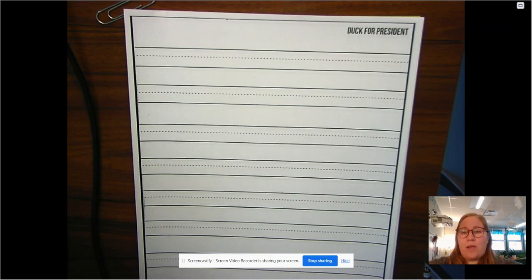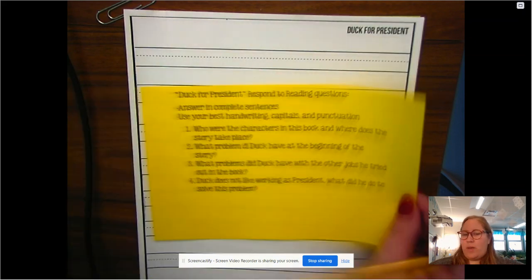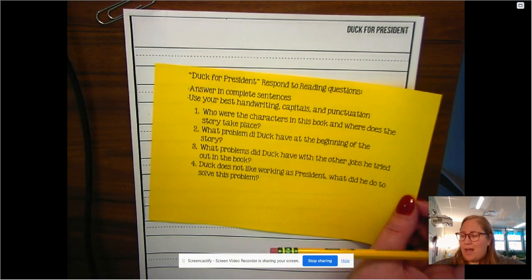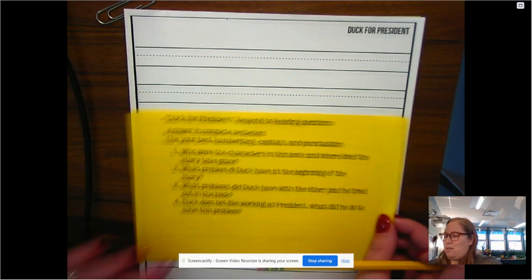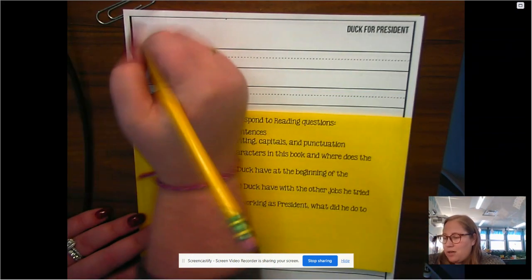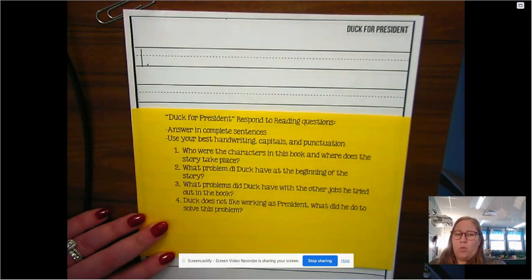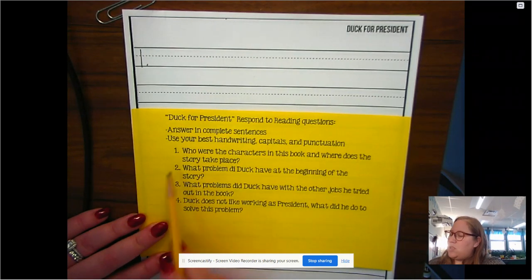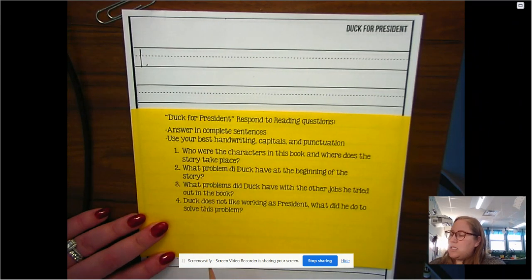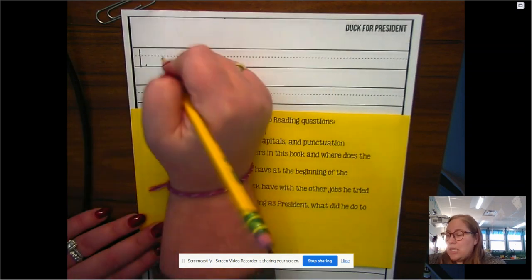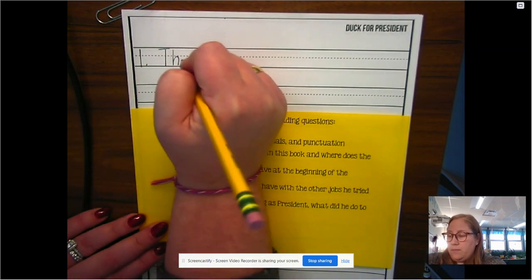So, you should have a paper just like this ready to go. I have my yellow paper with my questions here as well, and I'm going to number my answers on my paper. So I'm going to start here at number 1. I'm going to put a little number 1 and a period, and then I'm going to check who were the characters in this book and where does the story take place. So a great way to start this answer would be to start with the characters in this book are